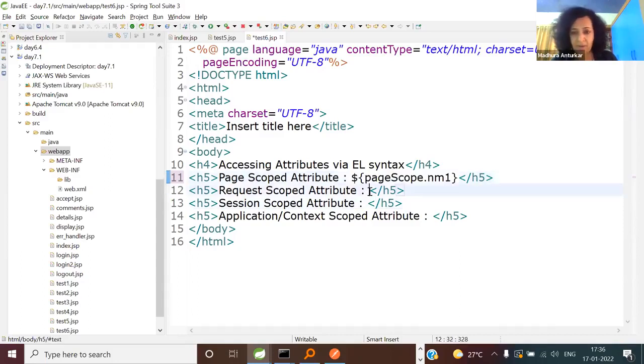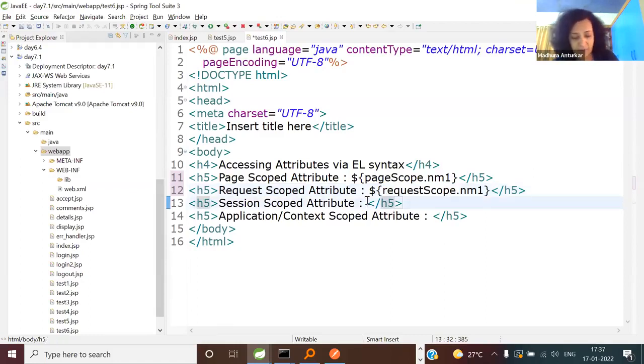Now I think you should be able to manage it fast. Tell me, what will be here, guys? Now it is just a copy paste. What will be the second one? Page scope will be replaced by what? Request scope, obviously. So keep changing and say it to yourself 2 times, 3 times, 4 times till it sits with you. This is nothing complex. It is just the name of the map container which holds the request scope attributes. It has nothing to do with the parameters. I have not sent the parameters at all.